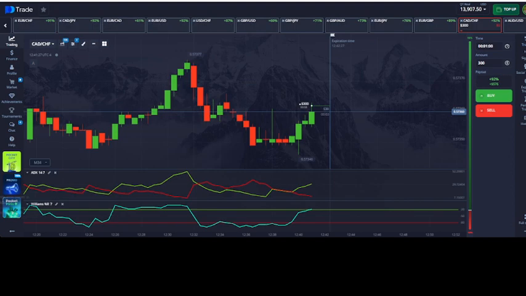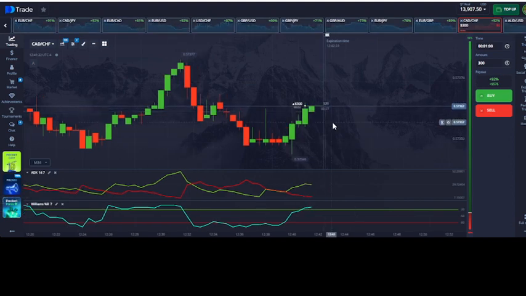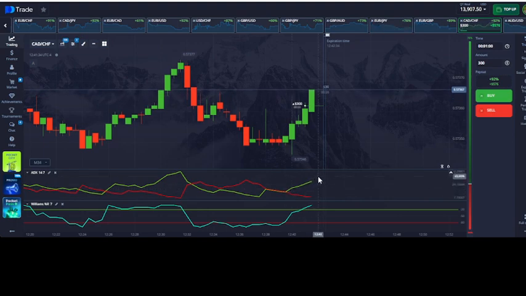Okay, so I'm on a Canadian dollar Swiss franc currency pair, and I just took a buy trade here. The reason why I took the buy trade here, we noticed the green plus DI line crossing the red minus DI line here. And then there's a divergence of the lines here. You see how they're growing apart here? That's a divergence